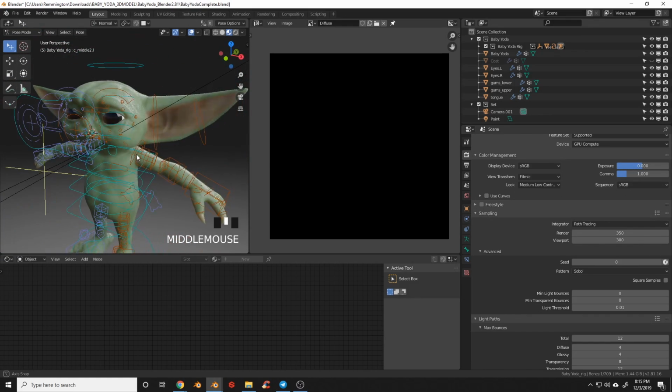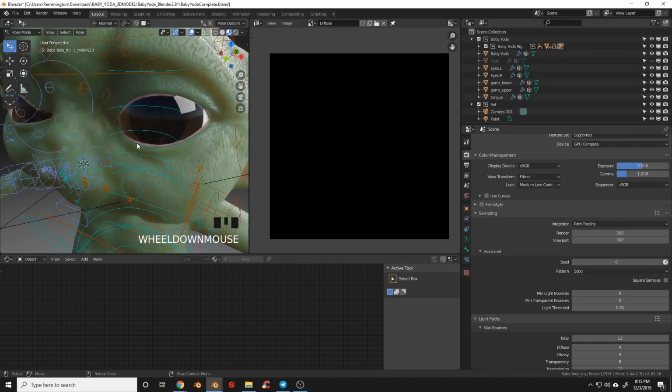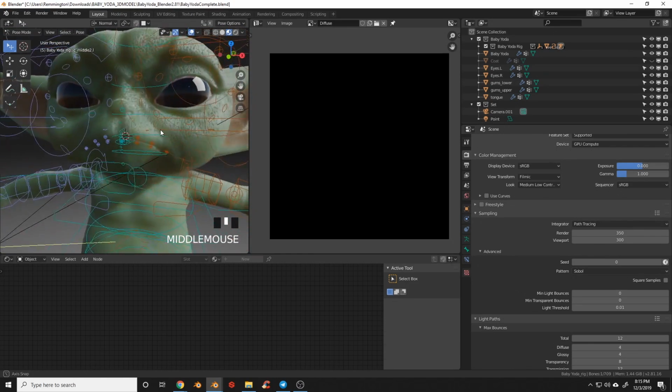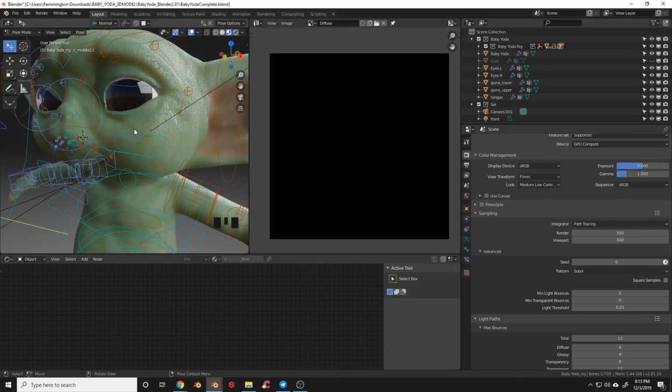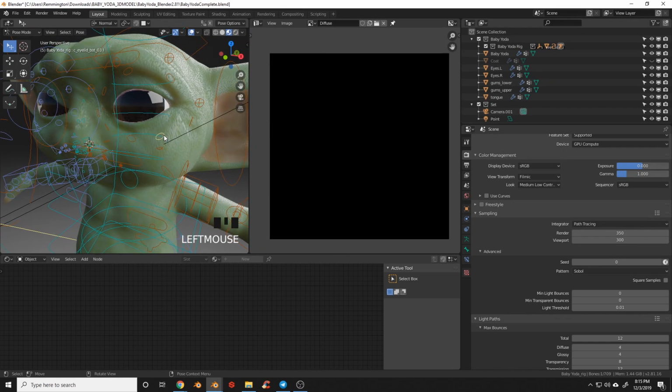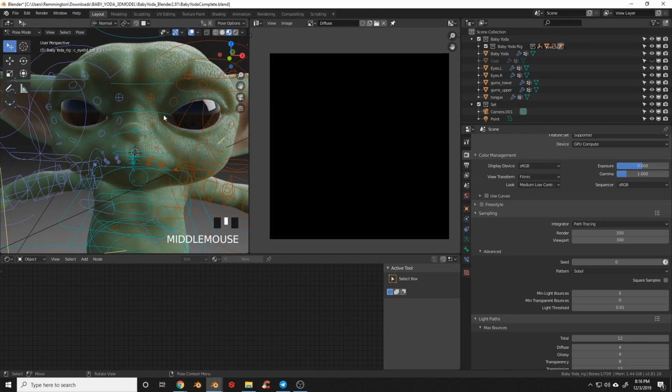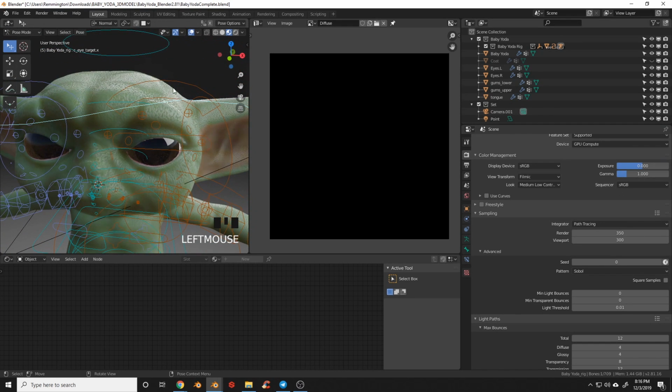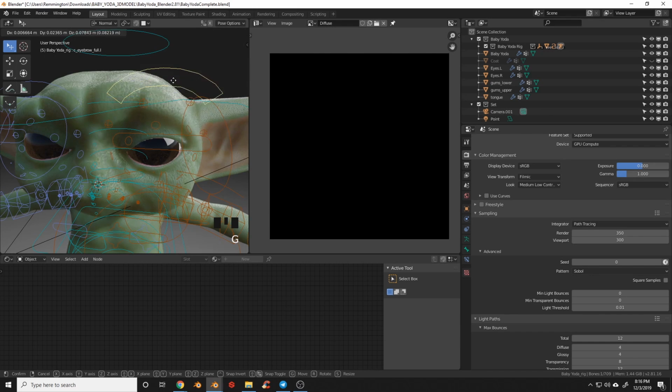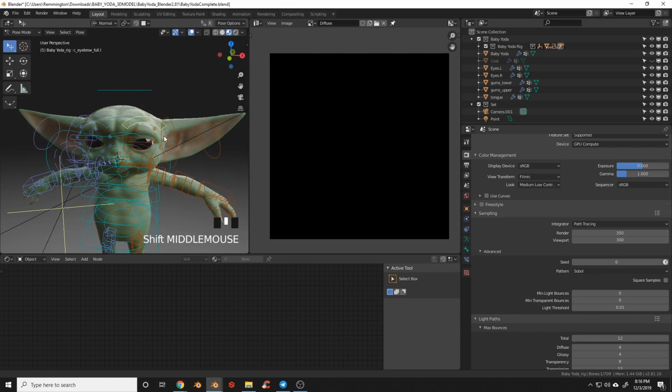Now, let's come up here to the face. All these little points around the face, it looks like a lot and it looks confusing, but just think of each point as controlling that part of the face. So if we grab this little circle and drag up, you can see that we're dragging that part of the eyelid. And if we grab up here, you can see that we're animating the eyebrows.